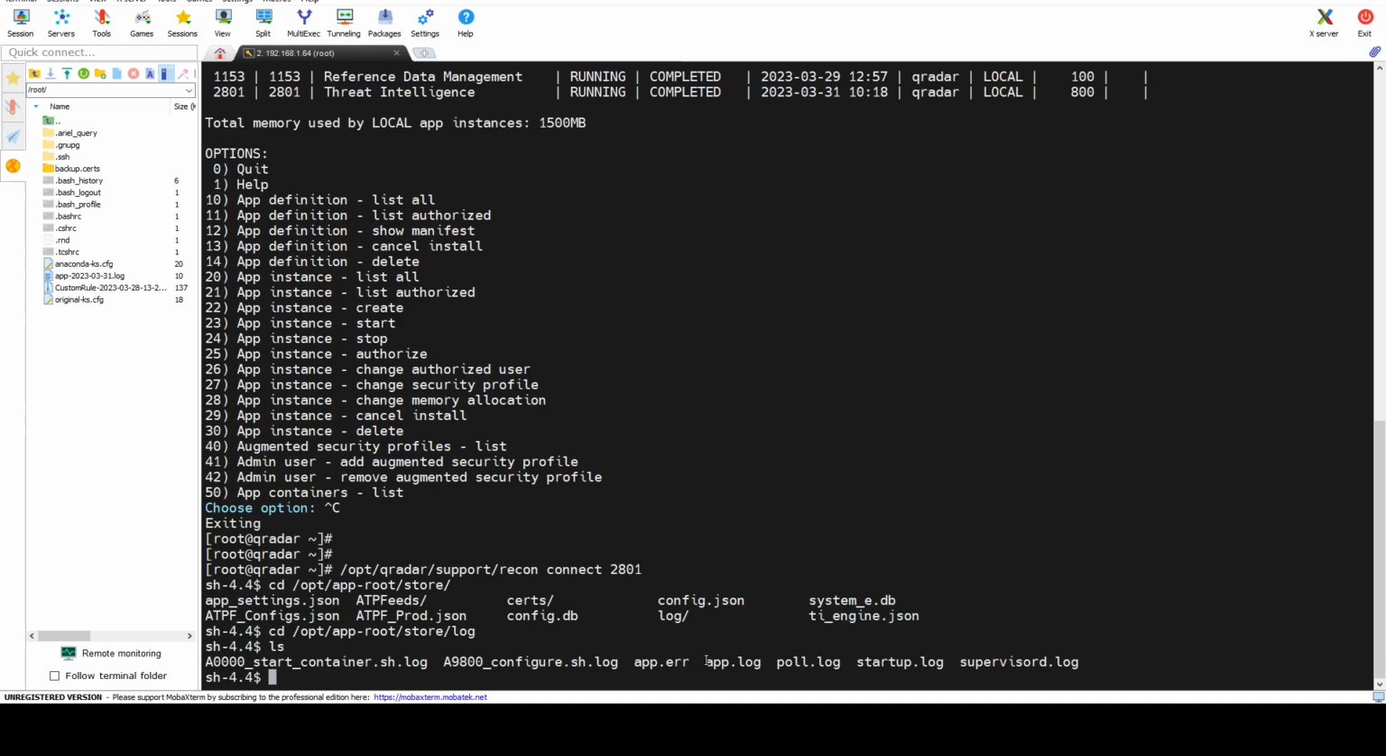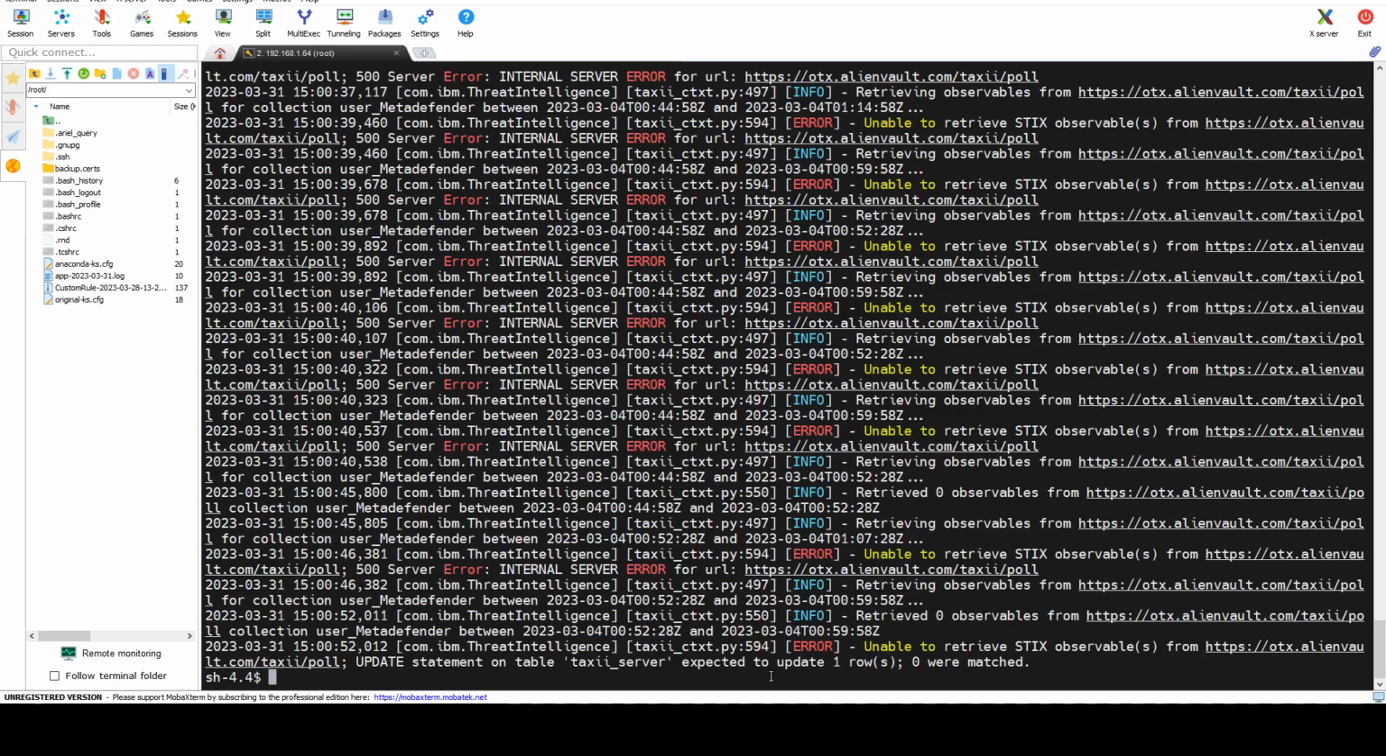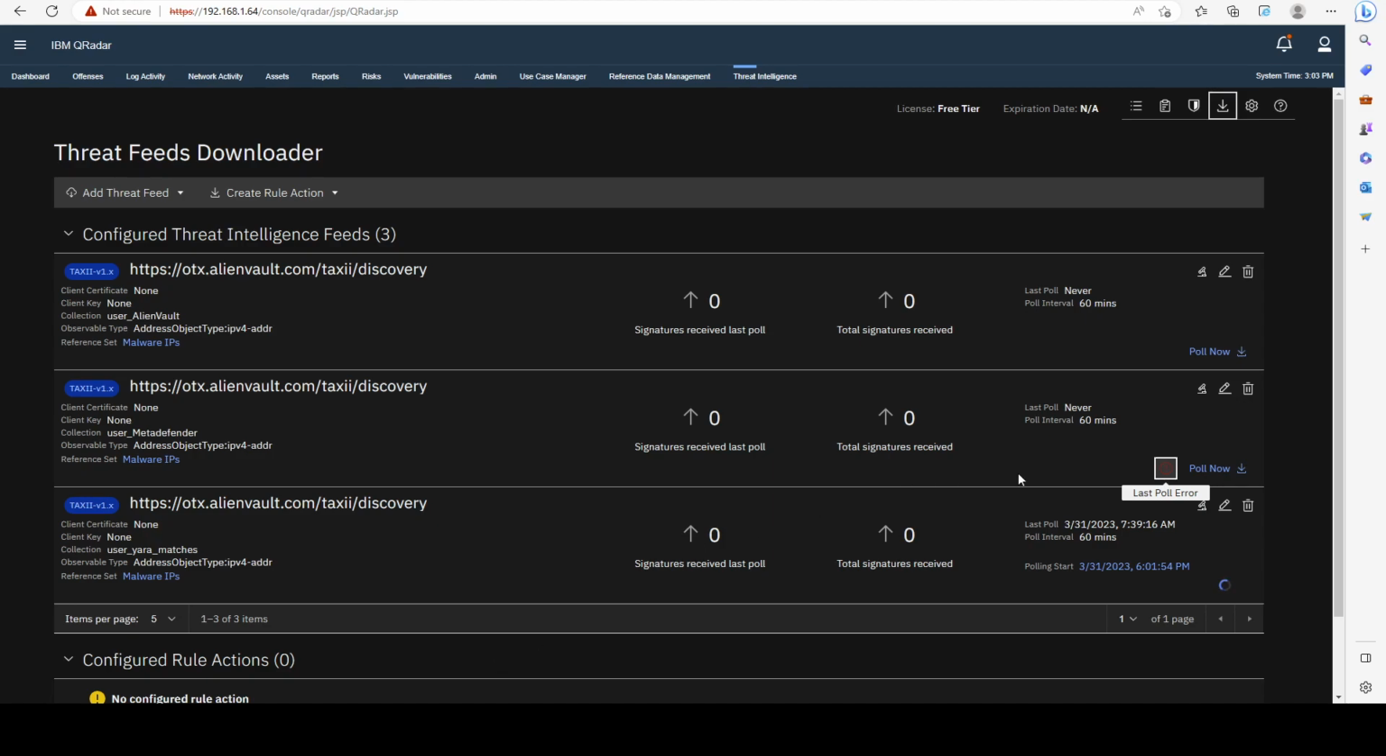Then we can see that we have the poll.log file. So let's see what we have there. Yeah, and we can read that we have a bunch of errors, unable to retrieve STIX observables, internal server error for URL. Yeah, so it seems like there's a problem in the API, but everything we've done so far regarding this would